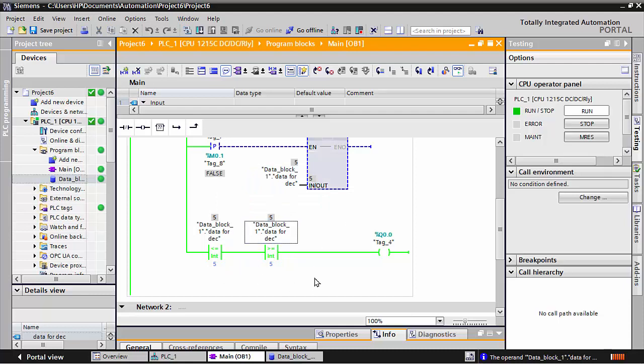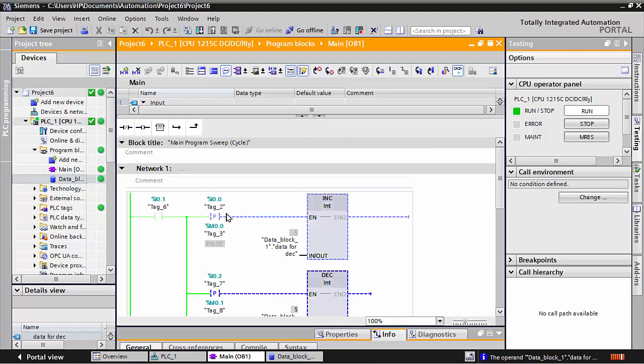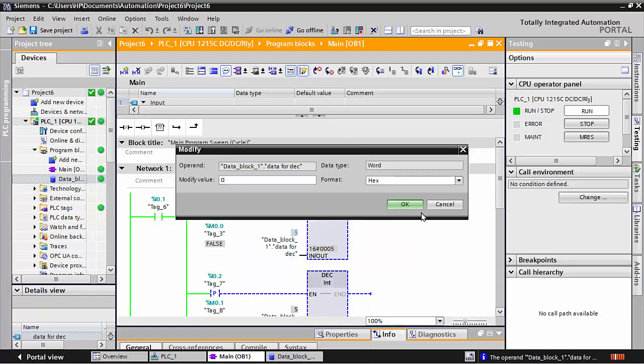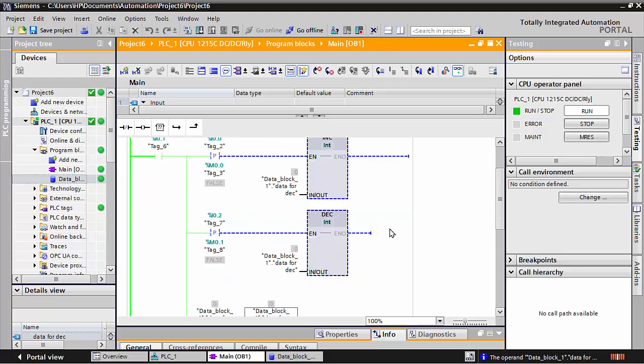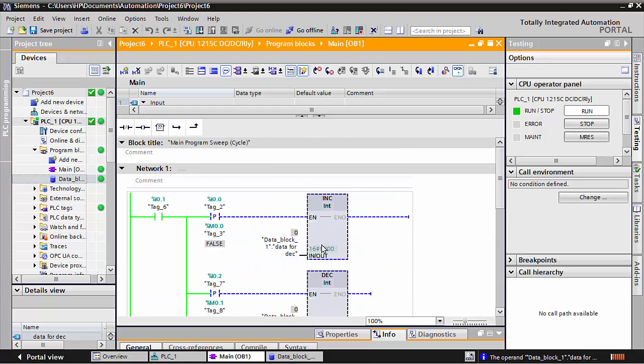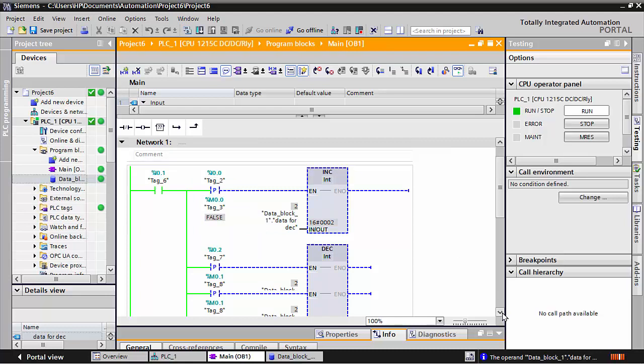In 5, and see, when this is already my count, this I will make 0 for better understanding. For example, when I am giving that signal to the I0.0, my increment